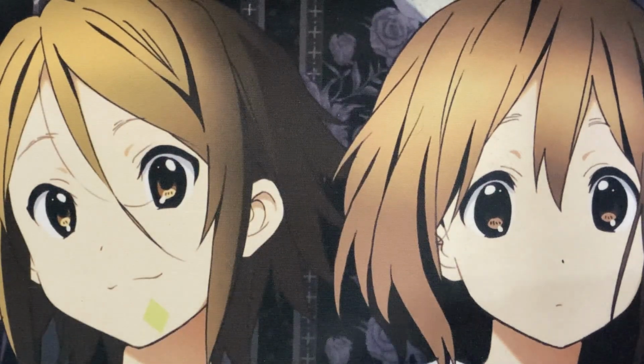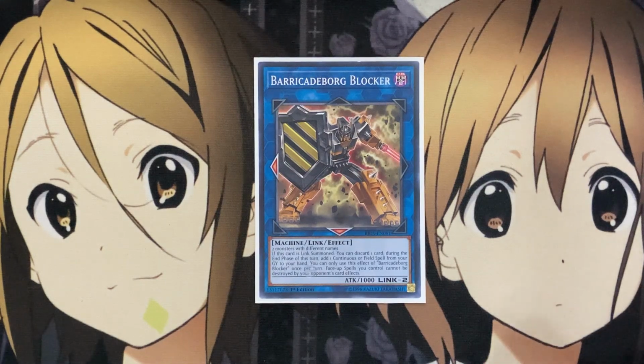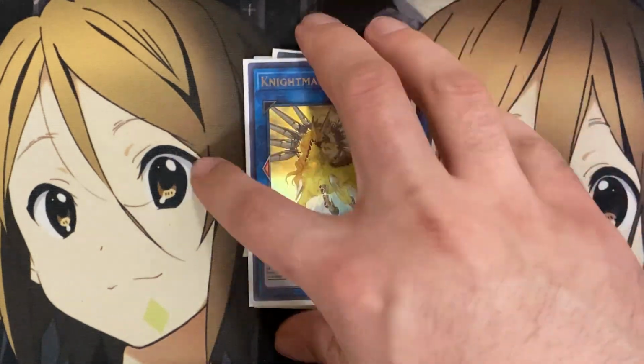And for the Link monsters, I run 1 Barricade Board Blocker, with the field spell being a very important part of the playstyle in the deck. You definitely want to run this, and being able to discard a Springans monster and then just reattach it onto the monster makes this great consistency for the deck altogether. Also 1 Underclock Taker, 1 Nightmare Phoenix, 1 Nightmare Cerberus, and 1 Nightmare Unicorn to finish off the Link monsters